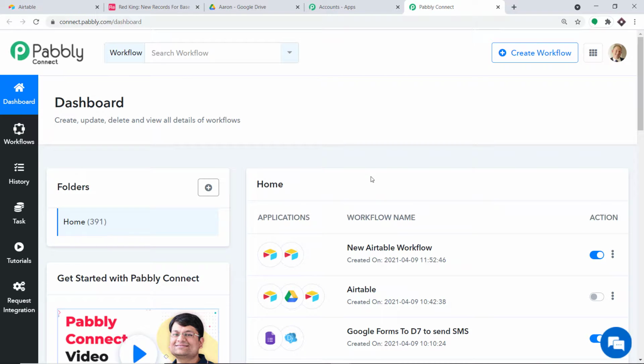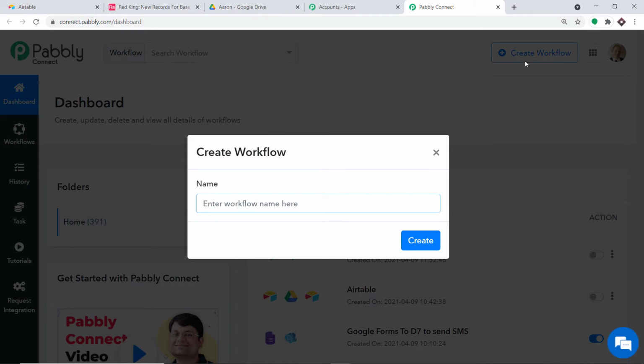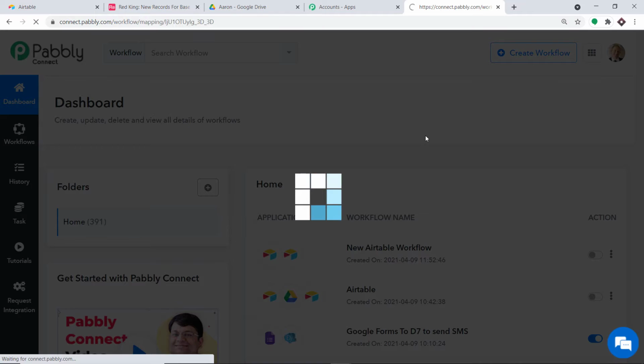Okay, so before we create a new workflow, let me just close this old workflow, otherwise we will be getting 2 times results, double results. So let me just create a new workflow. We will start from scratch, and the name of the workflow should be something like Airtable to Google Drive to Airtable. So basically this is the whole process. Once a record will be added in Airtable, there will be a folder in Google Drive, and again the record will be updated. Okay, so let me just click on create.